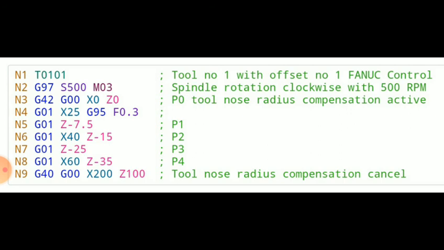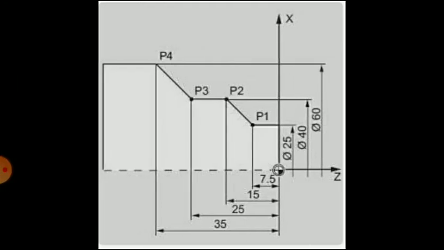Then next is N7 G01 Z minus 25. So you can see Z minus 25. So the length at P3, you can see here, is 25.